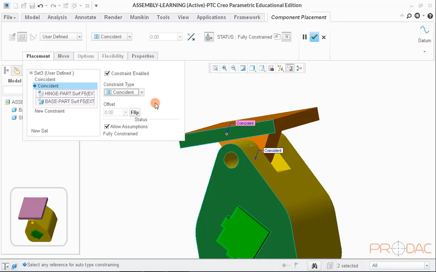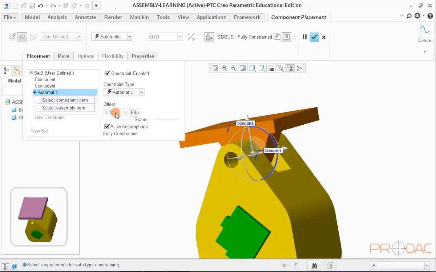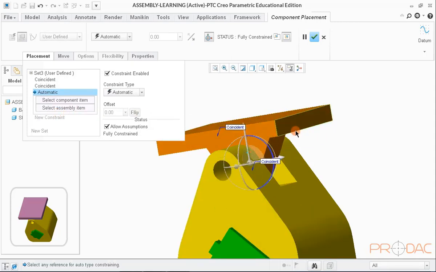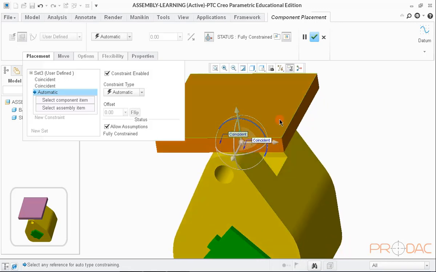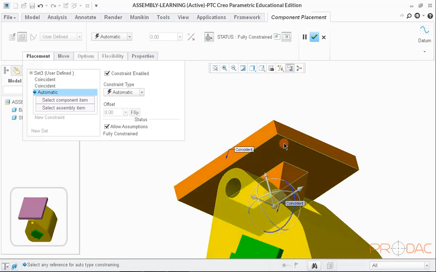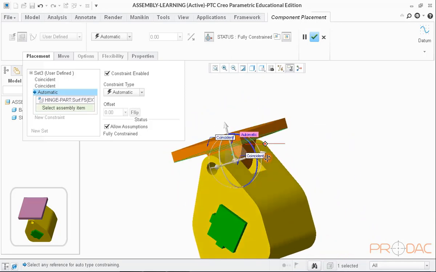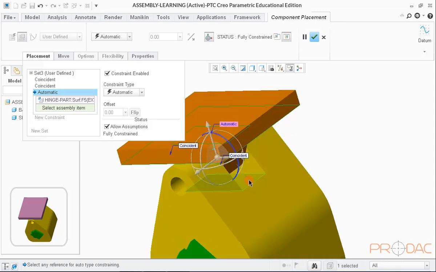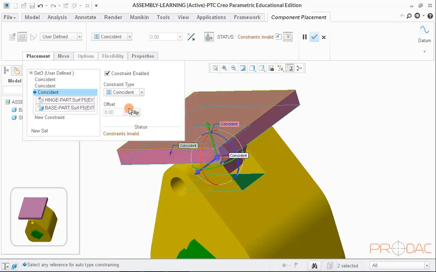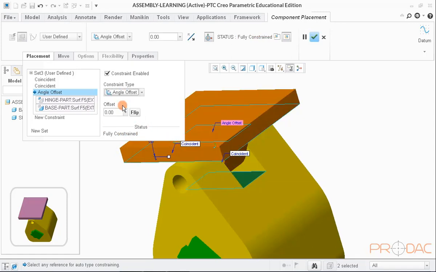Since this is mating of two holes which allows the part to rotate with respect to each other unless their angular position is fixed, we have yet to define the orientation of component item. So, let us select a surface in component item and another in assembly item and choose the constraint type as angle offset.